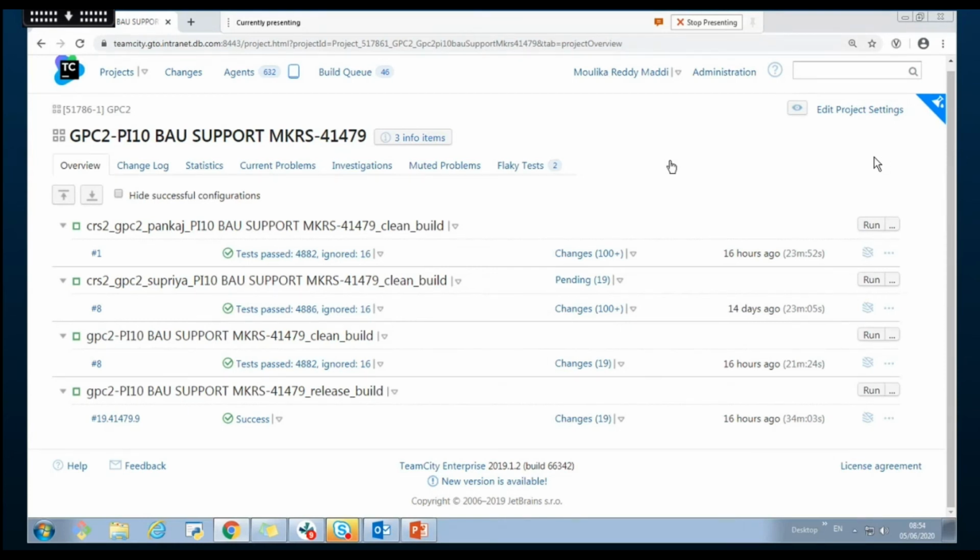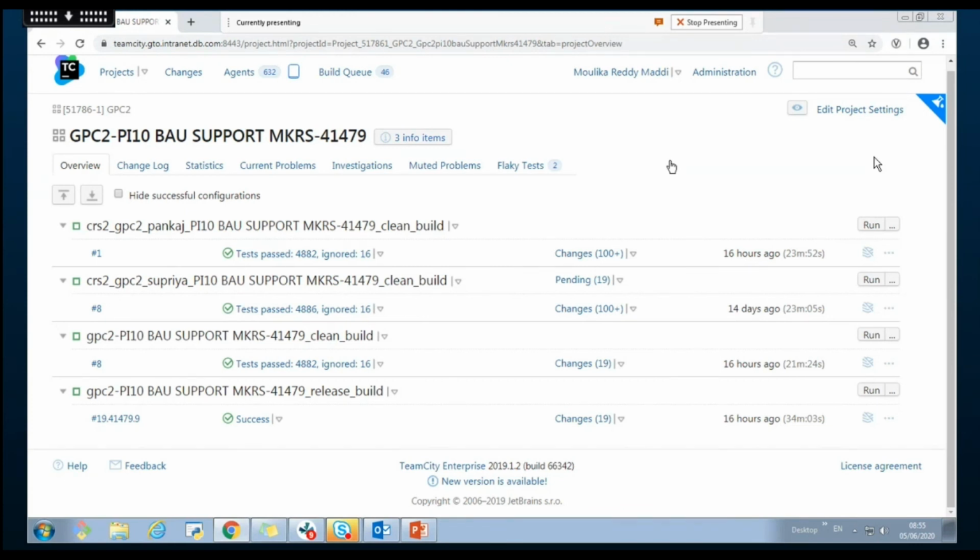Thanks, Arun. Here you see the overview of what is being done in the clean build and the release build for this particular branch. Next to the overview, we have the change log, wherein you will see all the changes made to a particular file and who committed it.